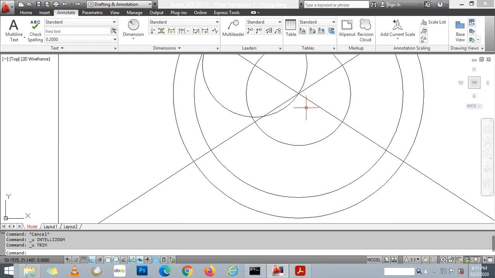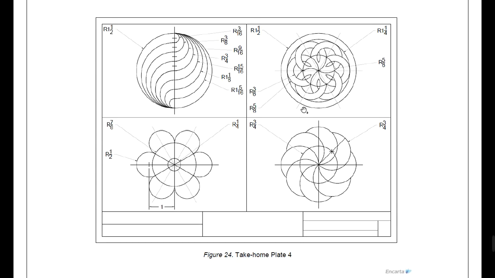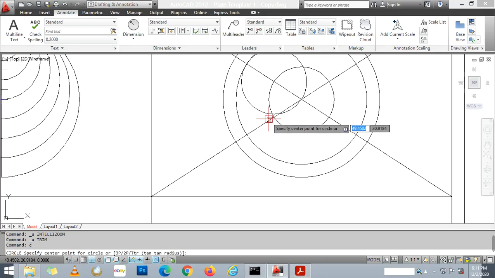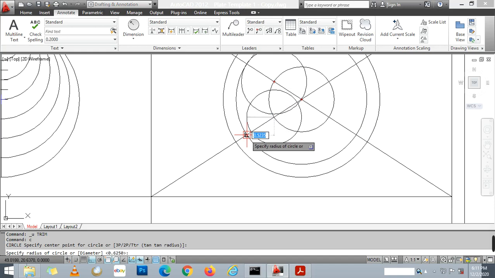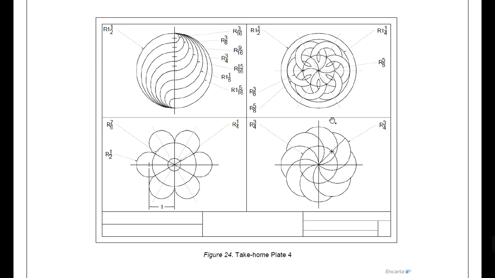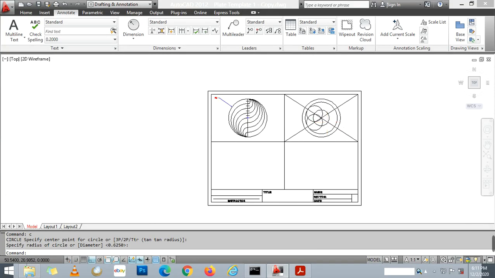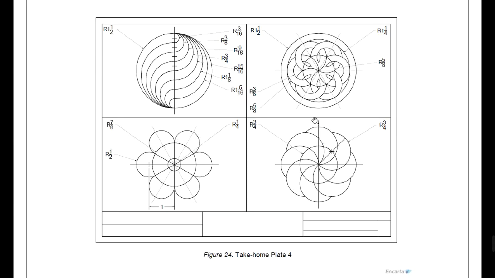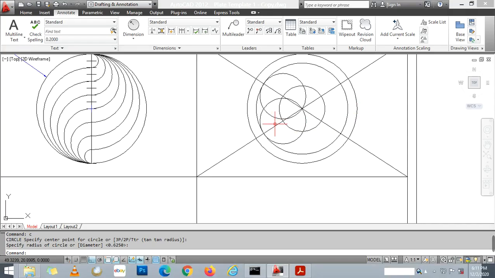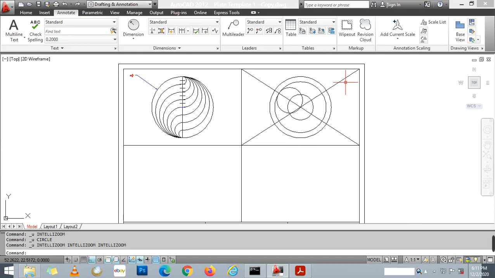Okay, maybe we can just draw those circles. Then later, we just erase some of those portions ng circles. Okay, wait. Disregard this. Okay,